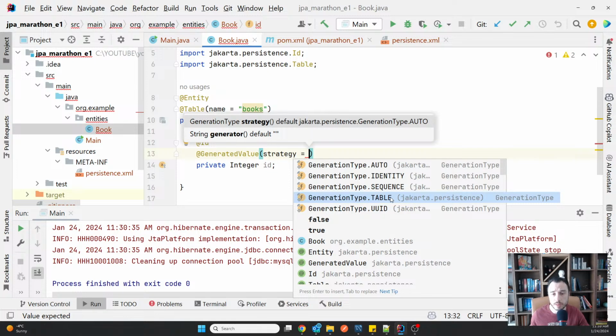A table is somehow a default strategy that uses a separate table at the database level to generate the values. It's very hard to find this strategy in the real world. It's not something that you necessarily want to use, because in most cases you use either identity, sequence, or UUID.